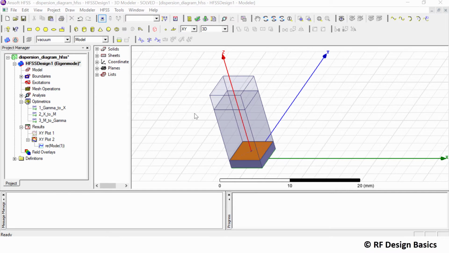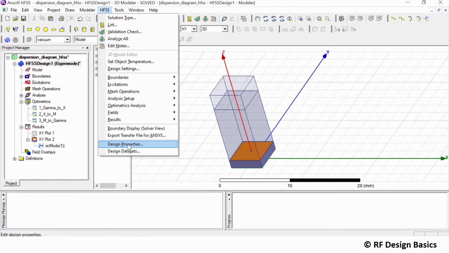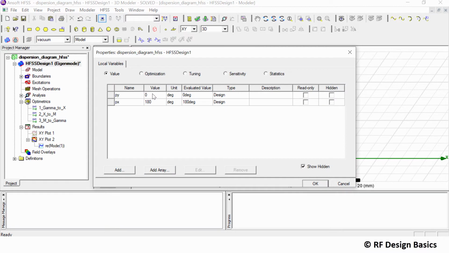Now first of all, change the basic values of px and py which we have taken. For that, we go to HFSS, and in HFSS we have design properties. You can see initially I have taken py as 180 degree and px at 0 degree.